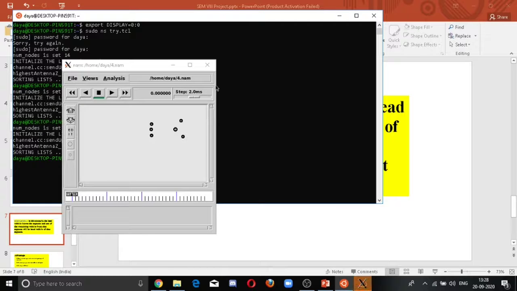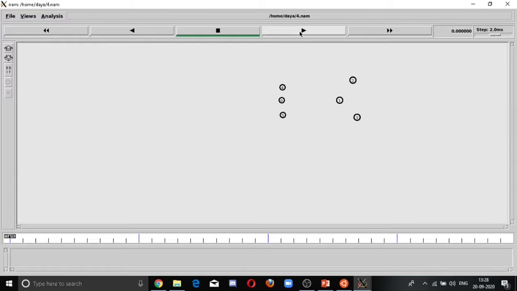The animation has been opened. Here 0 is the head vehicle of the segment and 4 and 5 are normal vehicles of the segment. When vehicle 0 leaves the segment, one of the vehicles from 4 and 5 will become the head vehicle of the segment.